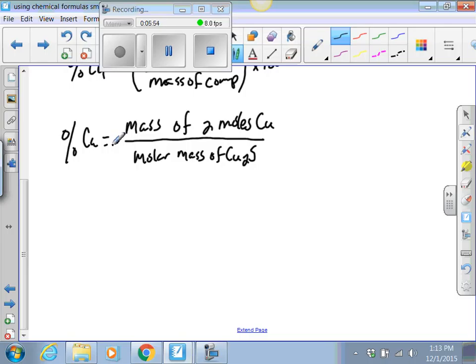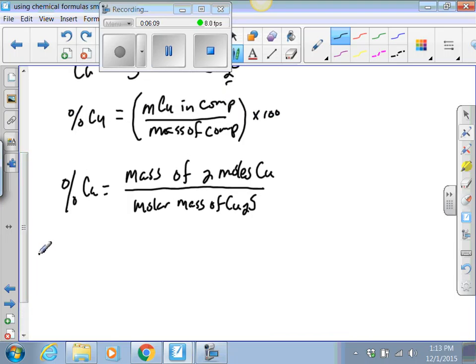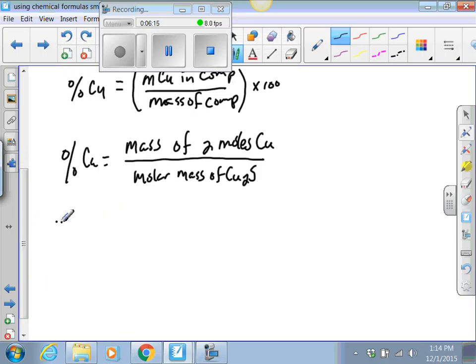Notice that we can use the mass of the copper 2 sulfide from the periodic table as our total mass. We don't have to have a sample. We can just use 1 mole worth. Because it doesn't matter the size of the sample, according to the law of definite composition, the percentage is going to be the same no matter what mass of sample that you have. Okay, so